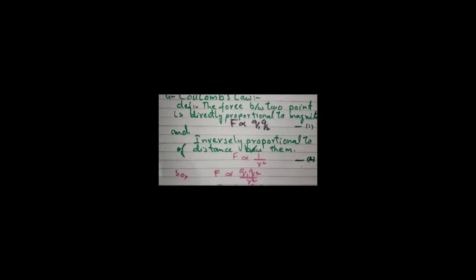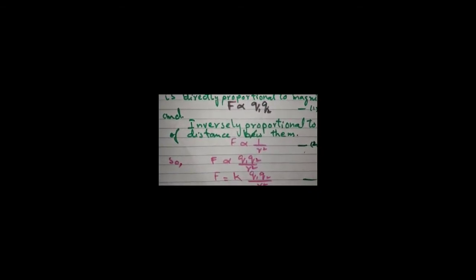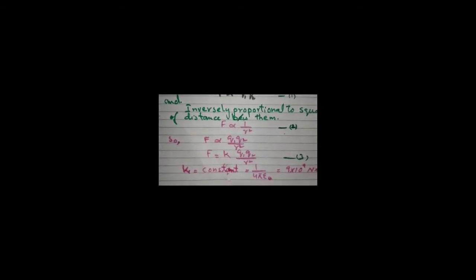the distance between these two charges. Mathematically, F is directly proportional to 1 over r square. So we combine these, then F is directly proportional to Q1 Q2 over r square, and we introduce the constant of proportionality. Then F is equal to K Q1 Q2 over r square, where K is the constant